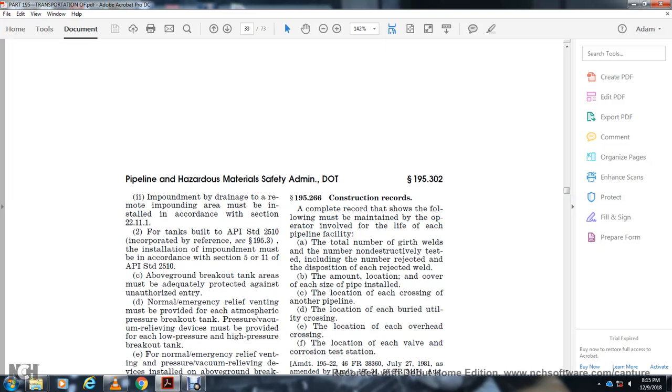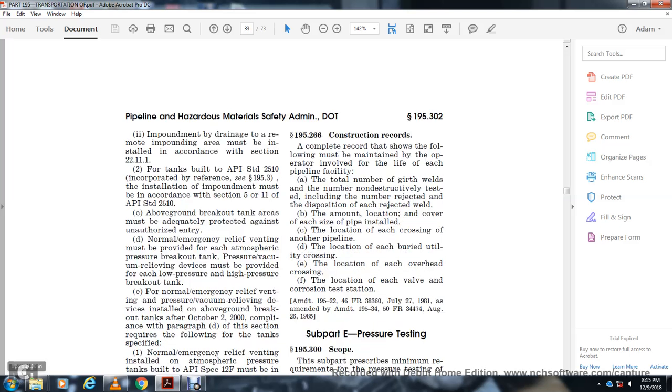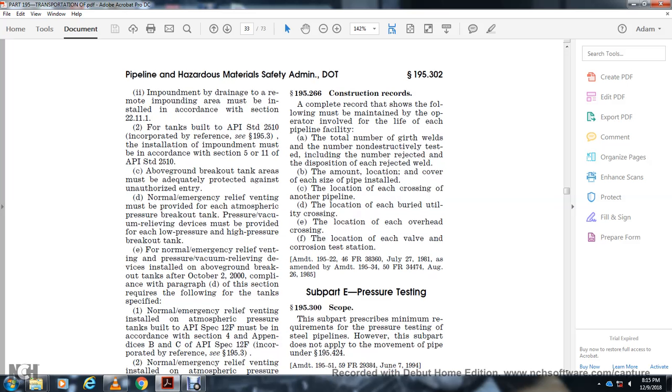Aboveground breakout tank areas must be adequately protected against unauthorized air entry, and normal and emergency relief venting must be provided for the atmospheric pressure breakout tank. The vacuum relief device must provide each low pressure and high pressure breakout tank with normal and emergency relief pressure and vacuum relief, relieving devices installed on aboveground tanks of October 2nd, 2000 compliant with the section. The section requires the following tanks to specify the normal and emergency relief and